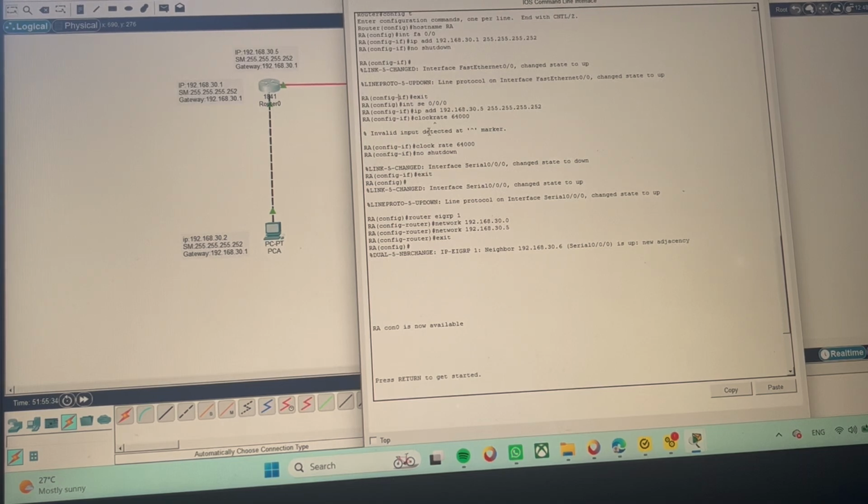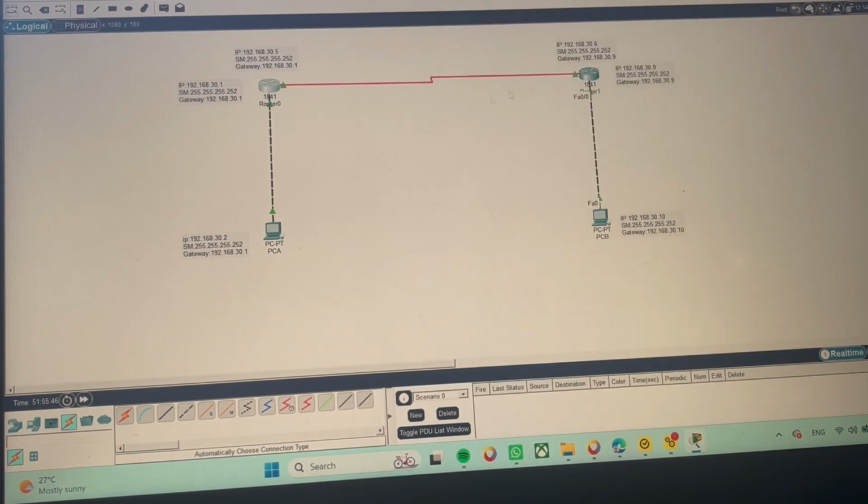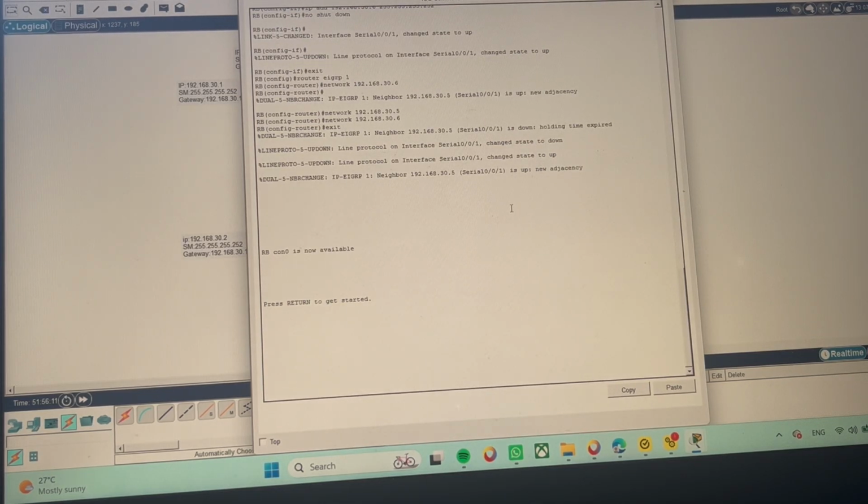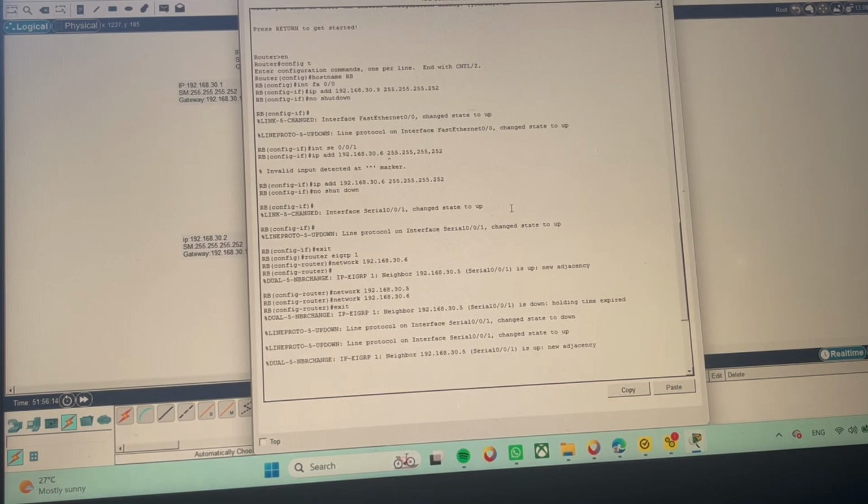We add one clock rate 64000 in this router because this is the end of the cable where we need the clock. This clock shows when the connection is not yet up. Well, we are still in programming with the configuration in the router. We can see the configuration